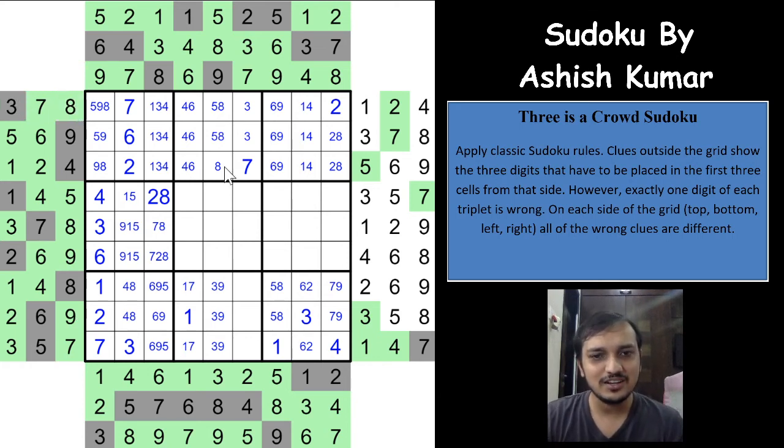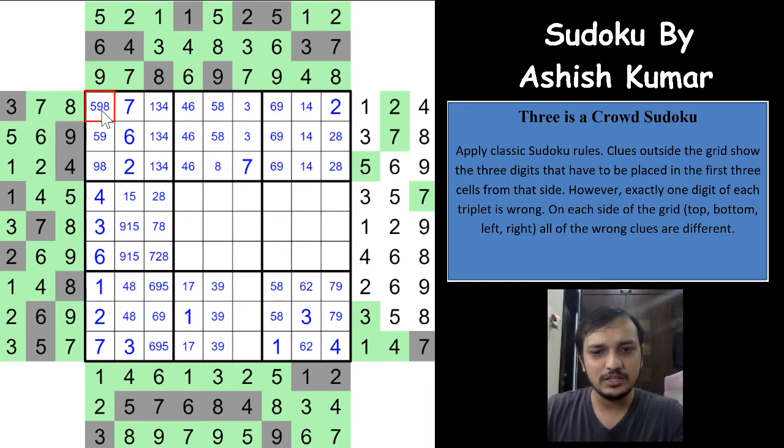Excellent. Such a great thing. This 7 3 alone has given us a possibility to mark the 5 as wrong, and all the other digits have been progressed so easily, right? I'm sorry, it has to be only 2 7 8 and just the pencil mark of 2 7 2 8. 7 cannot be here. So if you see now, we can easily place all the digits now, right?